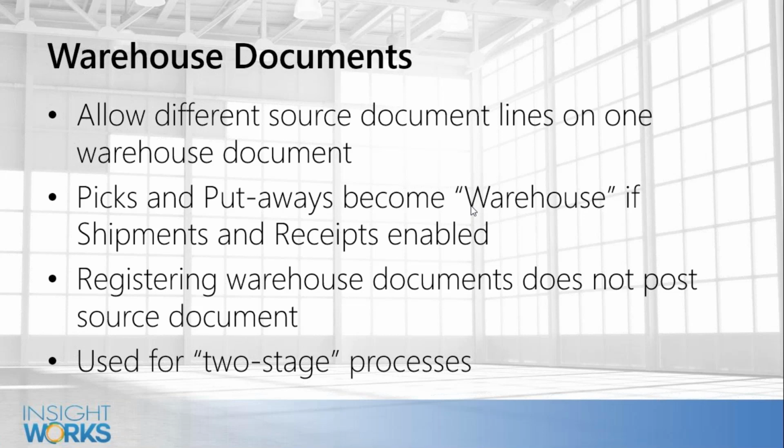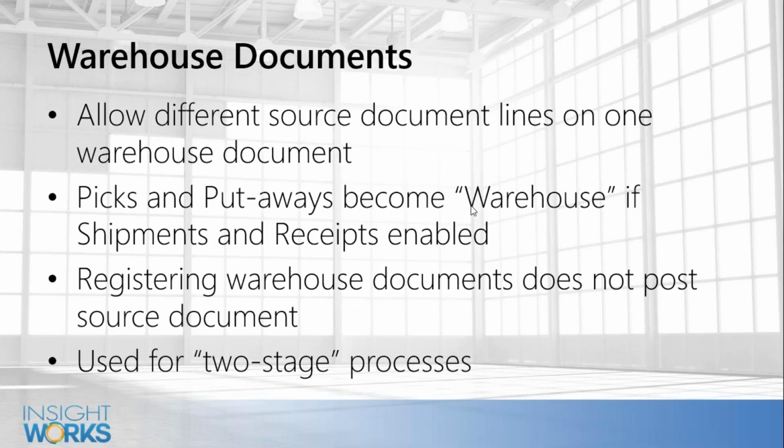What that means is I can pick everything from the warehouse, say I've completed this pick, and that will say, okay, that pick is done. We're going to move the product out of the warehouse bins and put it into my shipping bin. So if we go back to that location configuration where I showed you the shipping bin and the receiving bin, that's what those are for. So I execute the pick. It basically does an inventory movement, a bin to bin movement, moves all the product out of the bin, puts it in the shipping area, and now allows somebody else to take over and actually process the